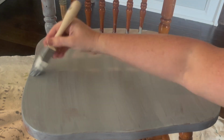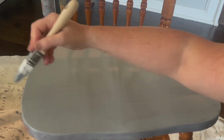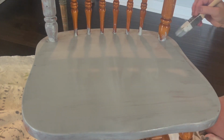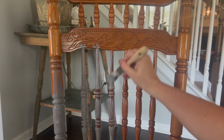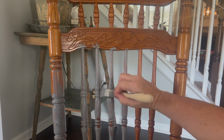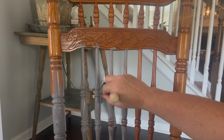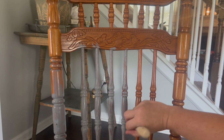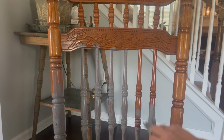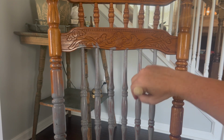I love the color, and I'm loving how this paint behaved a little differently than some of the other paints with the top coat already built in. The first part is I feel like it was easier to smooth out than some of the stuff that I'd used before. It definitely behaves differently than the normal DIY clay-based paint. 2 coats was appropriate for this chair, but